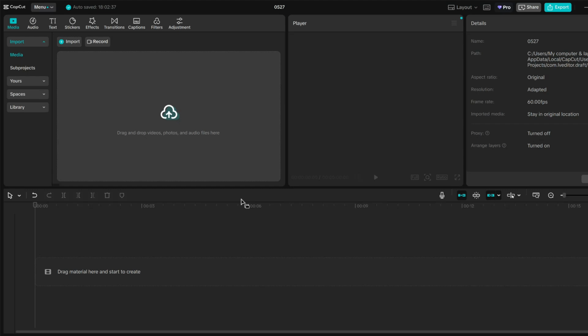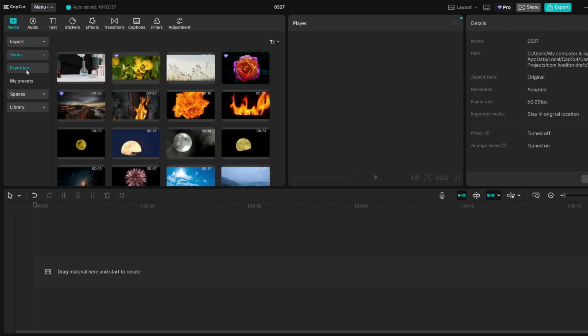Hi everyone, in this video I will show you how to apply sticky note animation in CapCut. First you need to go to the media and select your video on which you want to apply sticky note animation. For example, I am selecting these two clips